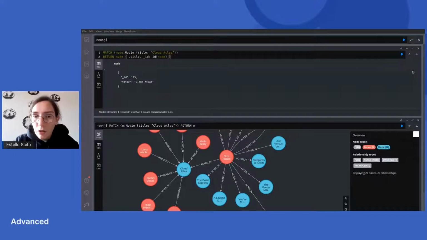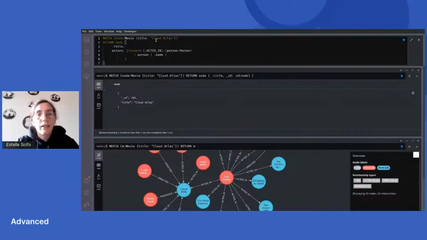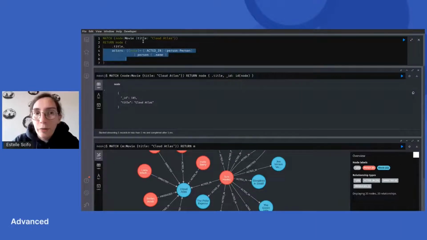So let me just show you why this is interesting. I'm taking a bit of advance compared to what I want to show you. The very important thing, that we will definitely use in the following, is this ability, in the map projection, to follow some relationships. So here I'm starting from a movie.